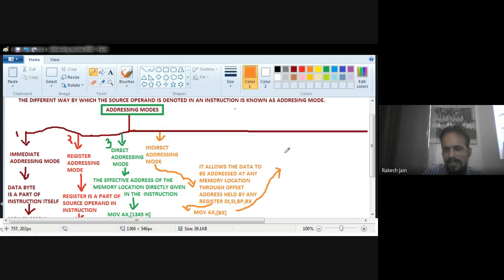Now see, let's suppose there is an address 2135. This is a 16-bit address. Now this address contains some data. Let's suppose 0712 is the data, 16-bit data.